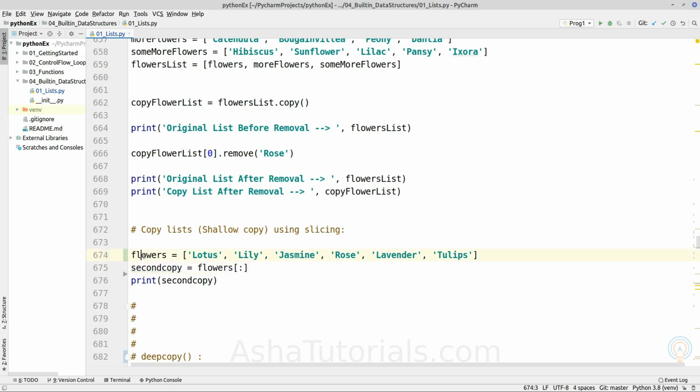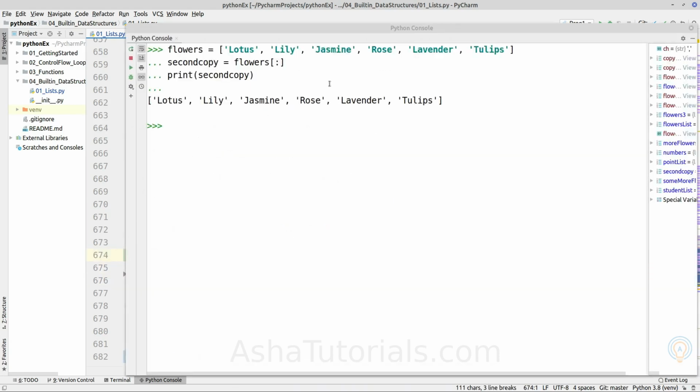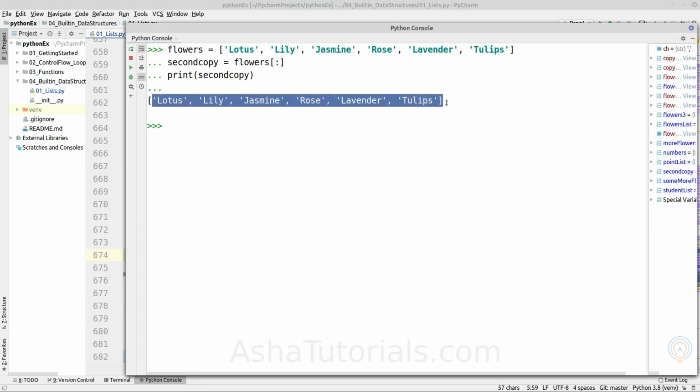So this is the list object, and if we want to create a copy of the list or a shallow copy of the list, we will write a slice from beginning to end for the given list variable. So it will create a shallow copy of a given list, as we can see here.